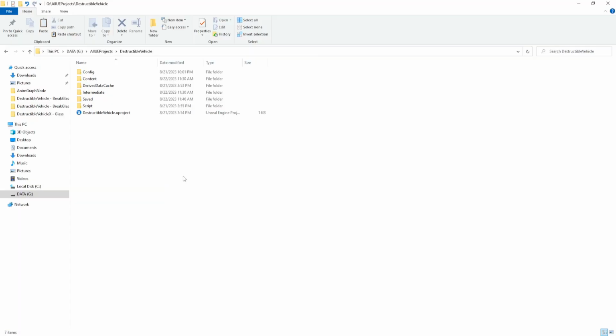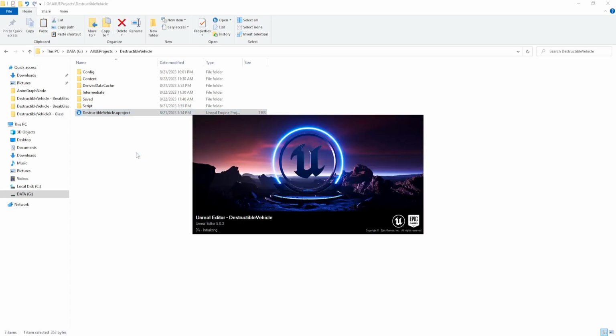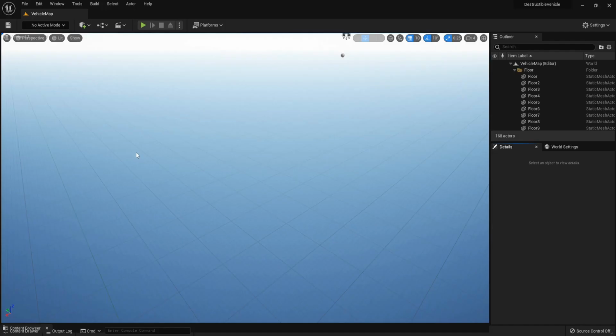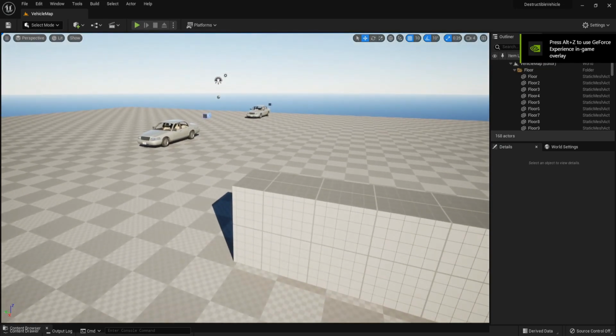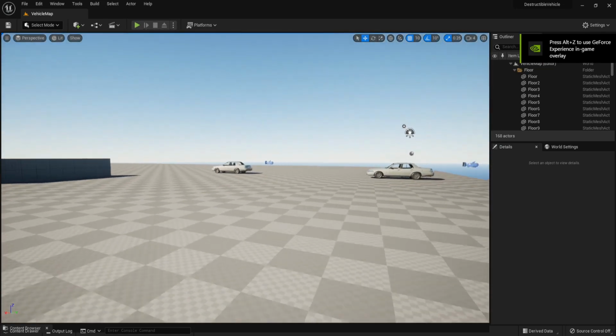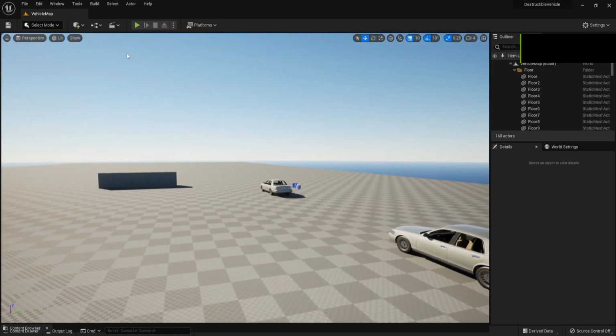We find our destructible vehicle project. Continue from the last project. Open. We need to transform this project to a C++ project because we have to add the plugin to this project.